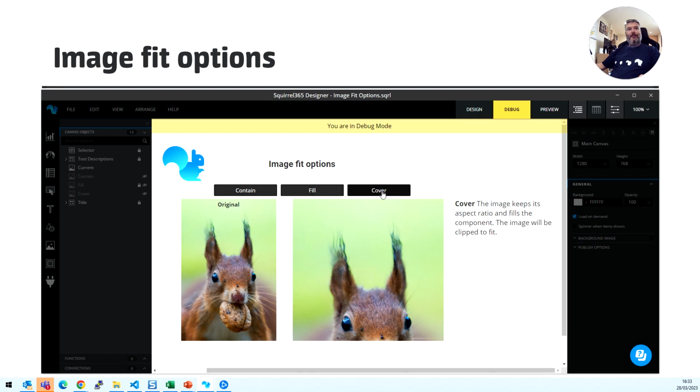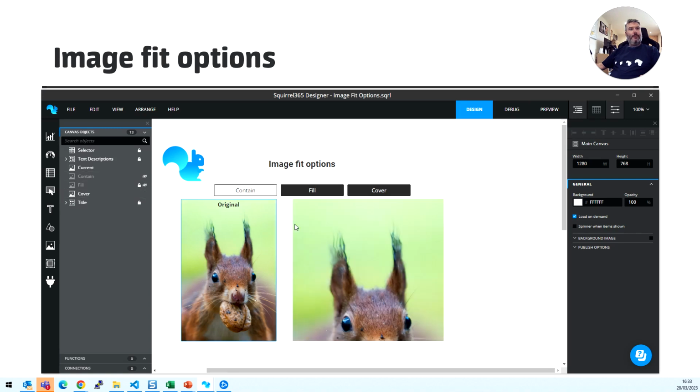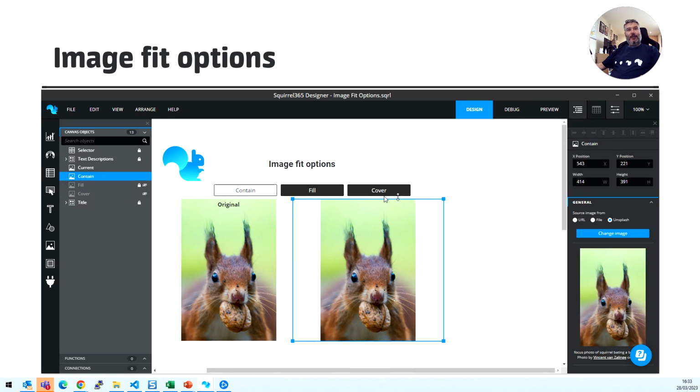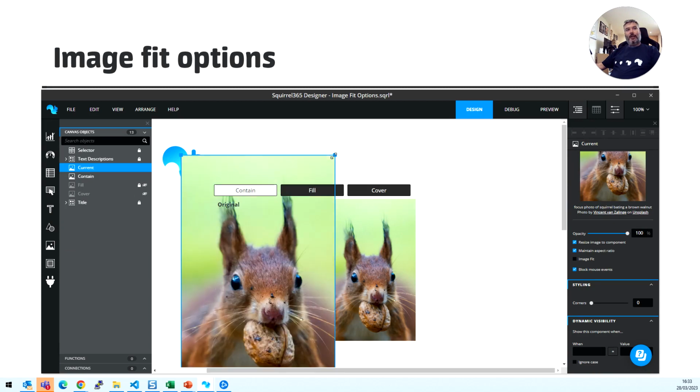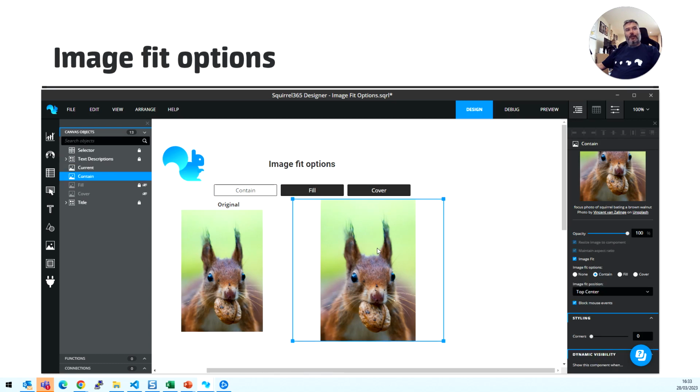So the difference between contain and cover we'll have a look in a minute. If I go to design here and have a look at cover. Oh, no, wrong. Let's look at contain first. So contain, you can see here the actual component is bigger. In the original image, if I look at the original image here, we've got maintain aspect ratio. As I grow this bigger, the image grows to fit within. Whereas with contain, it grows to fit height or width, but it does leave spacing around the